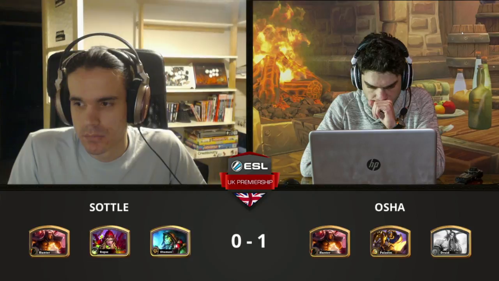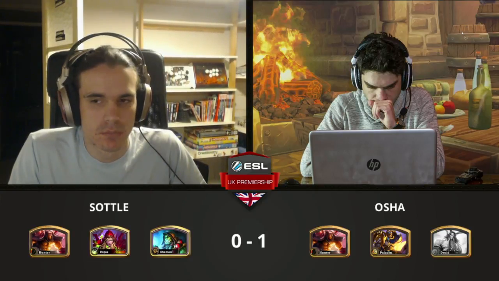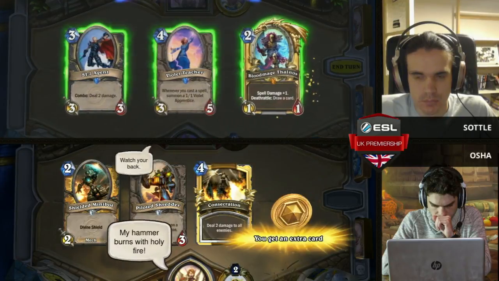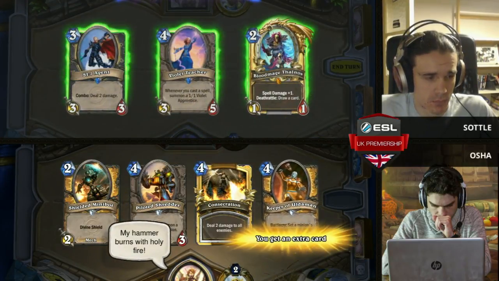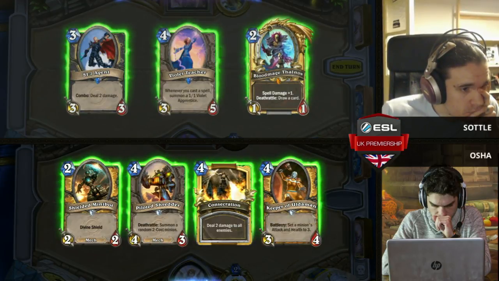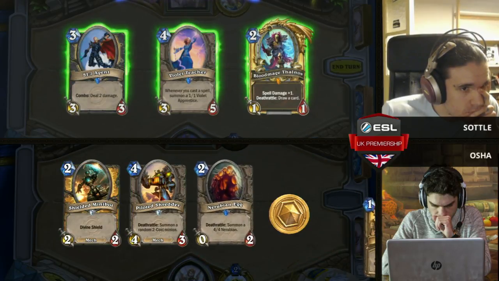But here we go. We're going to be moving into the second game of this series. So Druid already won for Osha, so he's 1-0 up in this series, looking to try and get his first win on the board, but it is going to be Paladin up against the Rogue now. So this is an incredibly favoured matchup for the Rogue if it's Secret Paladin. I'd assume it is. I would also assume...